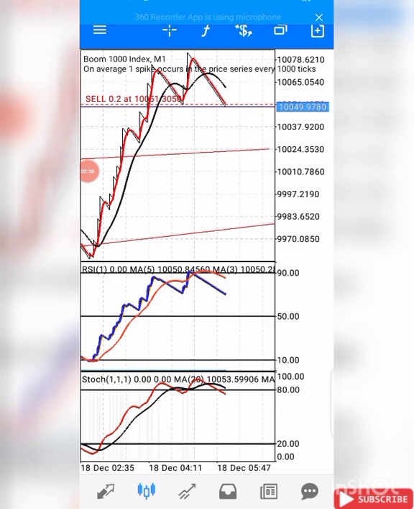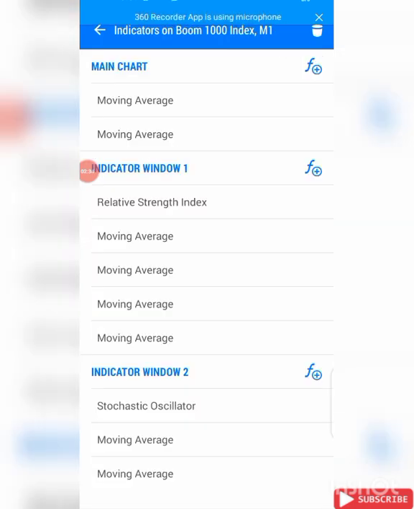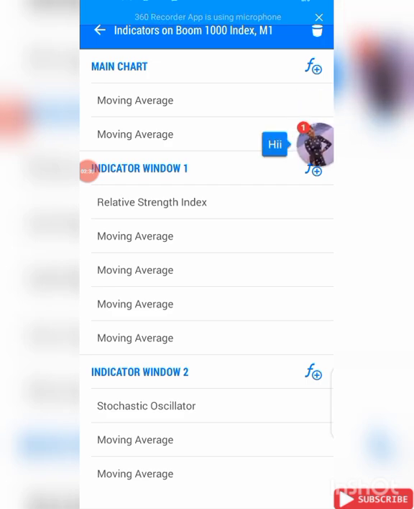This one will still go down for the 10 minutes, so let me quickly show you the settings before I close the trade. The first setting that we are going to add